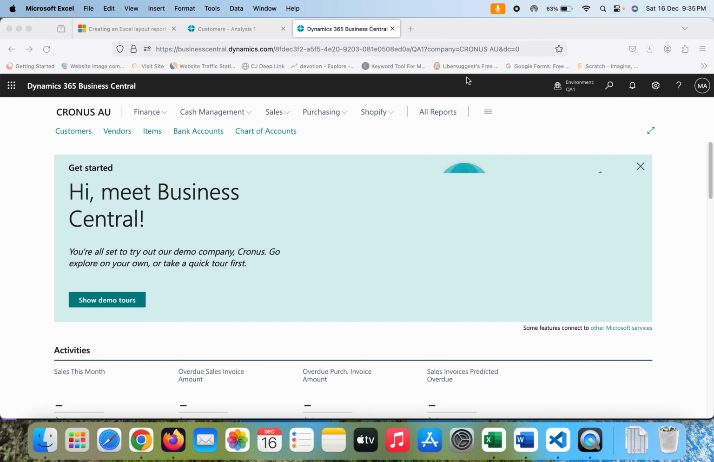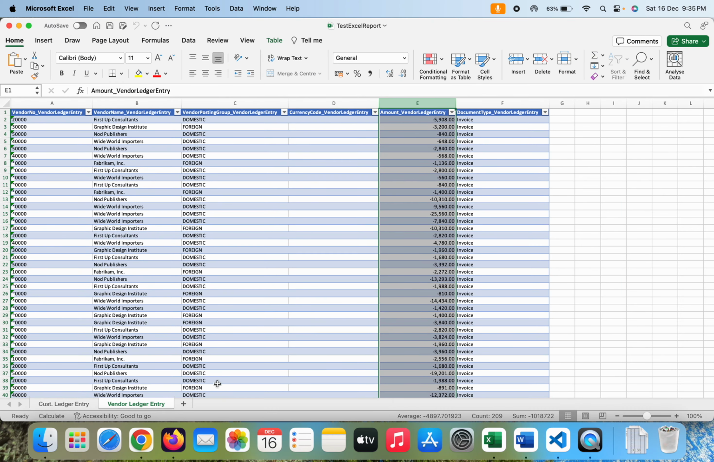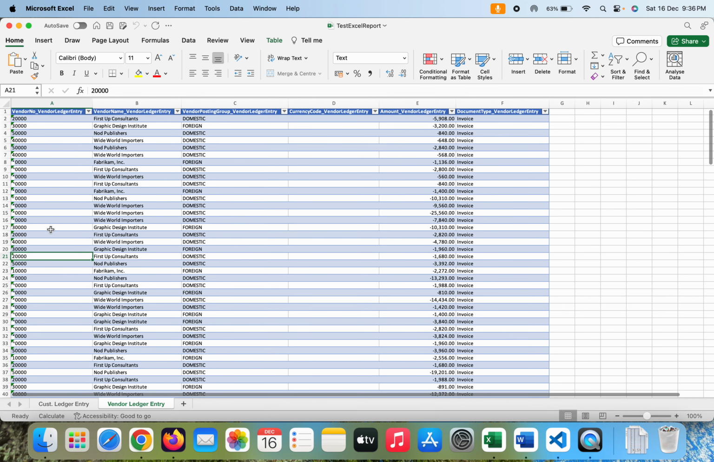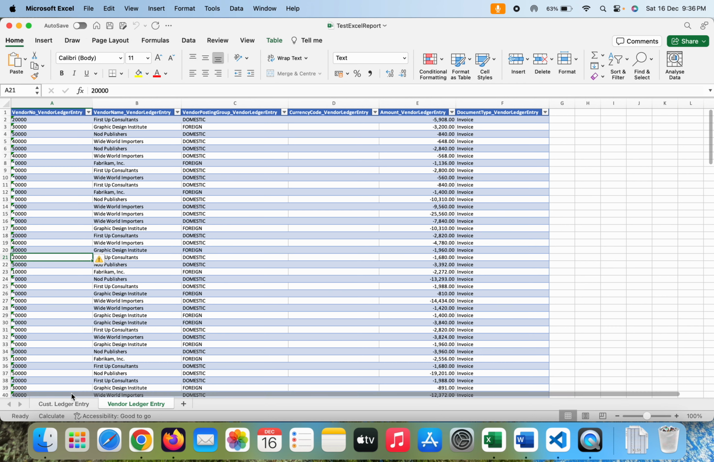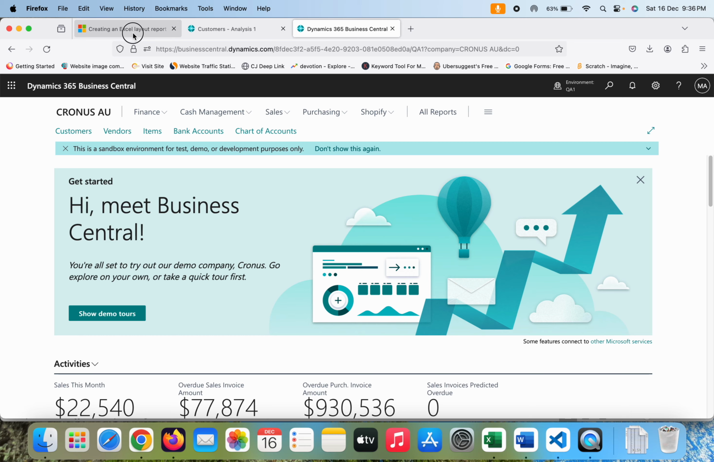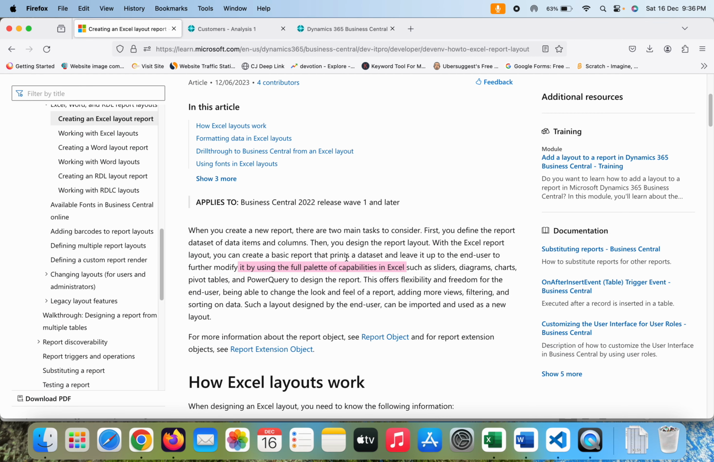Okay, now when you open this, you can see that your complete data is available here, right? Same one for customer ledger and second one is for vendor ledger in a separate sheet. And as Microsoft have mentioned in their documentation as well, once the basic report arrives into the Excel, then leave it up to the end user where they can modify it by the full palette of capabilities in Excel. So for example,